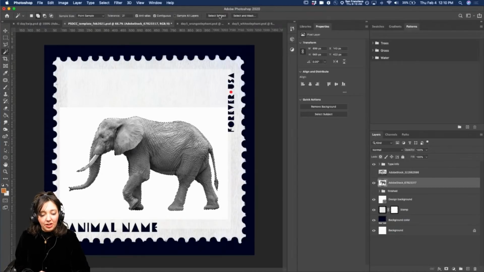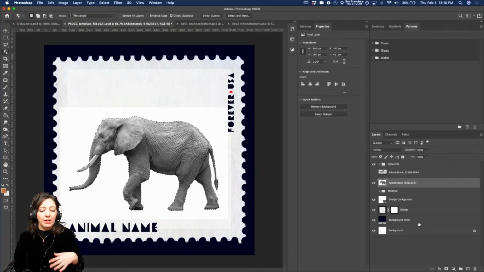We could do select subject. That does a pretty good job. We could do object selection tool and just drag it around here. They're all going to do a great job with an image that's already kind of prepped to be isolated. Now in this case, we could just delete the background. We know that we're not going to use